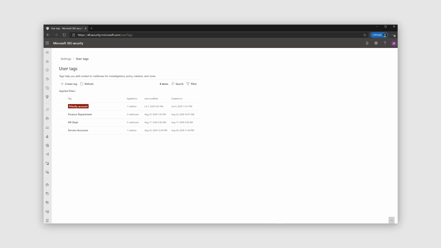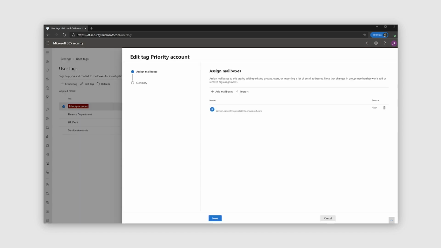We also are going way beyond priority accounts with the concept of tags. So we give you the option to define your own tags. So you can see here, we've identified a tag for the finance department, the HR department, and service accounts that may have elevated access. The sky's the limit for what you can do with custom tags. But you can also assign users from this experience into your tags. And in the case of priority accounts, you can assign not just from the admin console, but you can also assign from